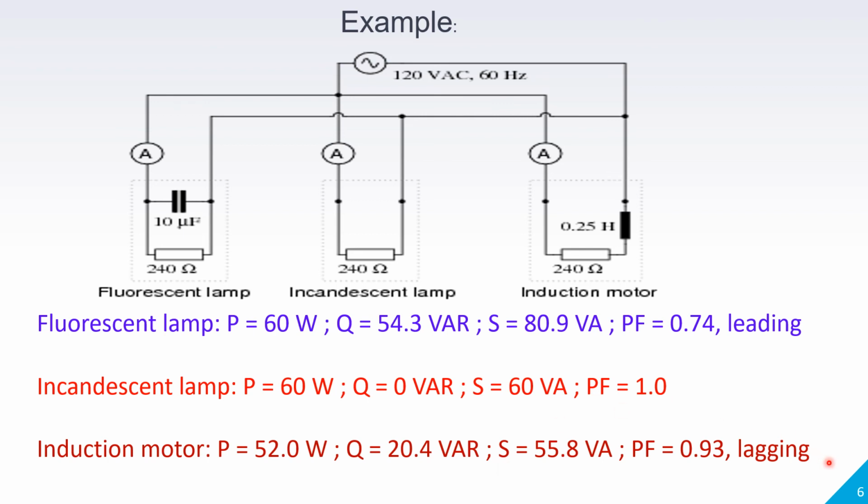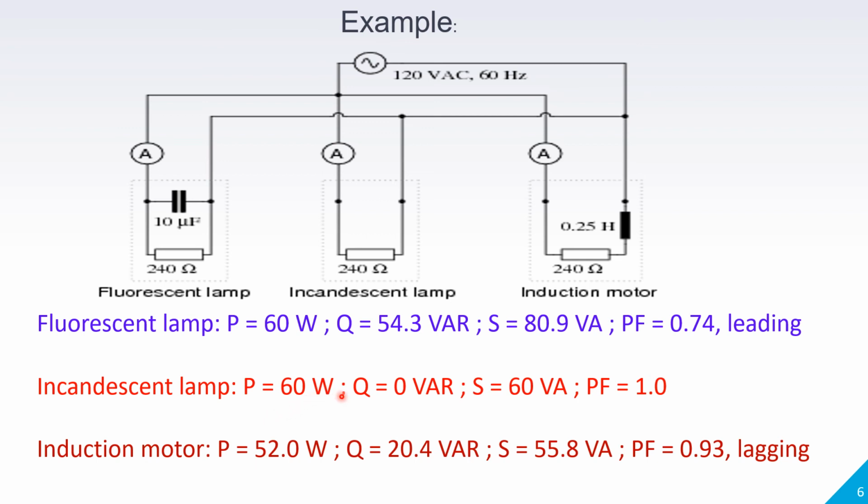As the current will be more, there will be more I square R losses, lesser the output, lesser the efficiency, right? So if current to produce the same output is increasing, then efficiency will decrease. And as current increases, you will need more conductor area, so cost is again increasing. So to deliver the same output, if you have power factor unity and power factor 0.93 lagging, then at unity power factor current required is less, because